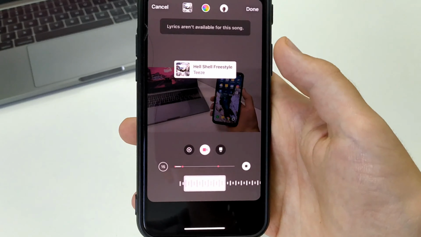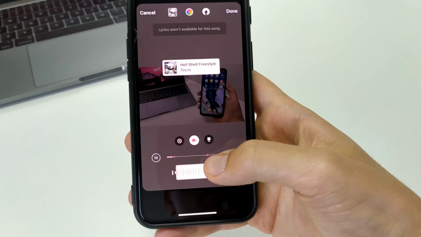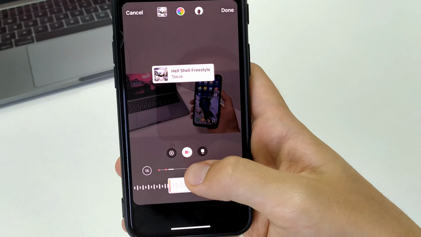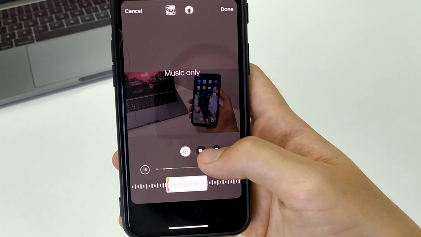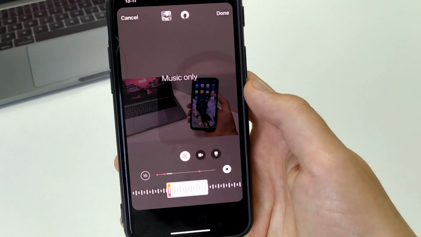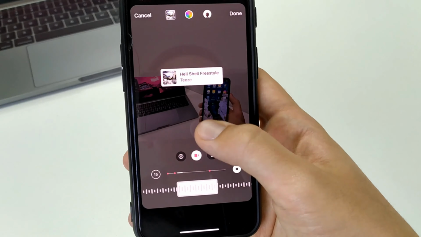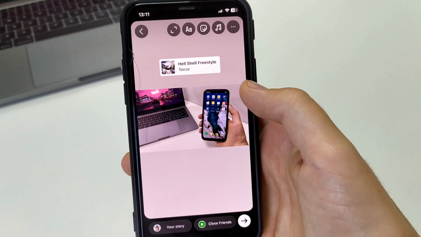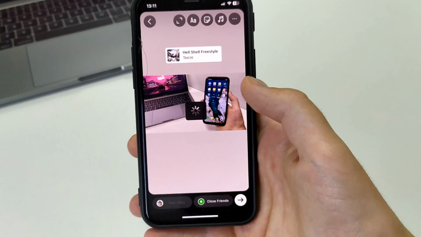We can choose whether we want it to have lyrics or no lyrics. Or you can choose to remove the song so that you can't see what the song is. Or you can add it to be added like this, put it in a place, and then click Add Story. Now you will have a song playing music, melody in the history of your Instagram.